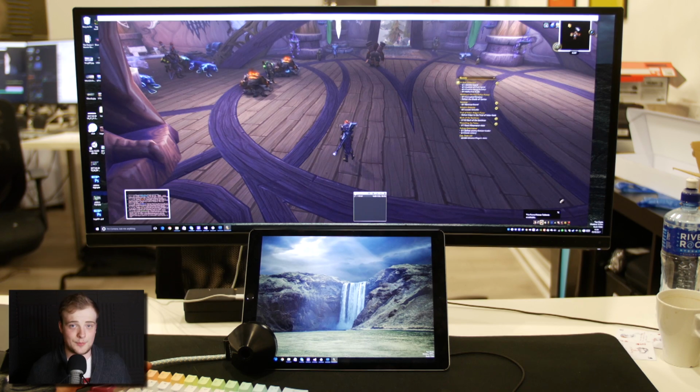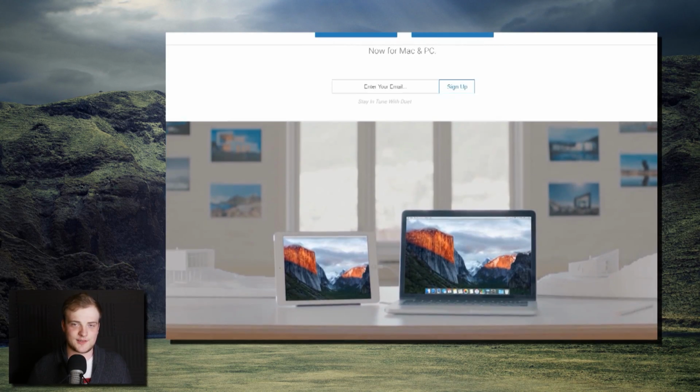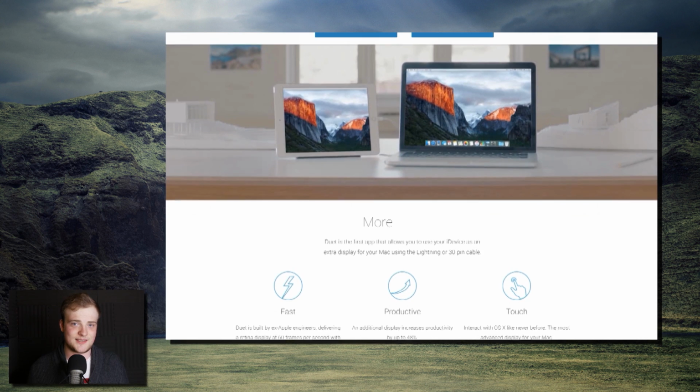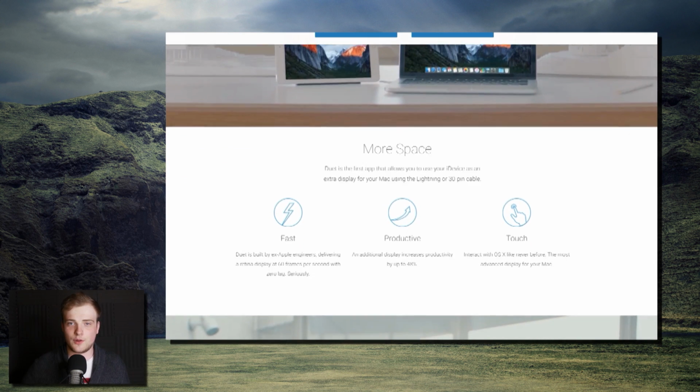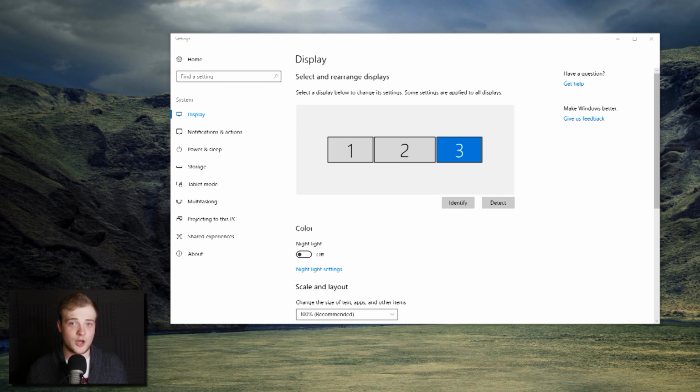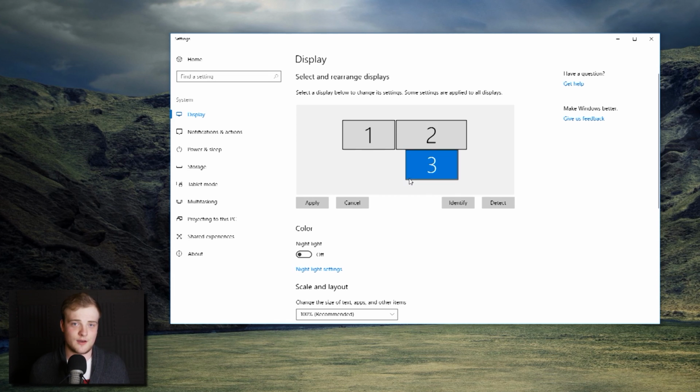So I used an application called Duet Display to do that. I installed the Duet Windows program, then the iPad app, and connected my iPad to the PC using its USB cable. With all that done, I just configured Duet's settings, and we were good to go. As far as Windows was concerned, we had just connected another monitor, just like anything that you plug into the back of your graphics card. Once that was done, I positioned the window where I wanted it using Windows display